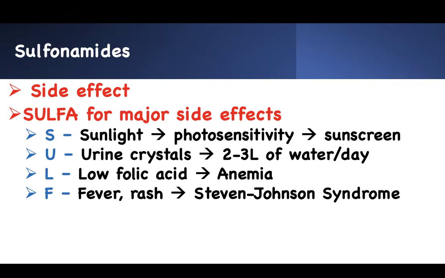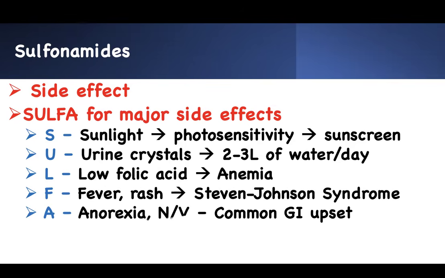Prioritization 101. You have to be sharp. This patient is going to die, severe sepsis. And so that's the F. And then the A is anorexia. You have some GI side effects, so you don't want to take anything that will worsen the GI side effect. These are the 5 major side effects of our sulfur drug.